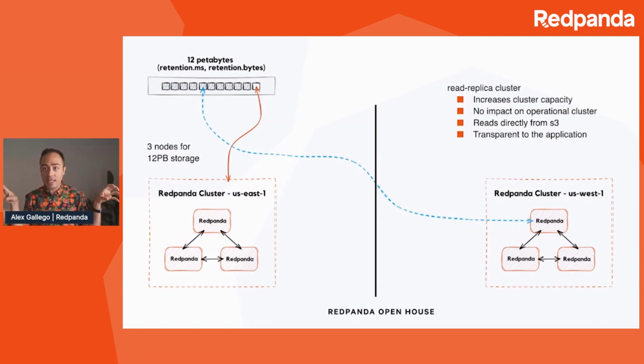This umbrella of technologies, we call shadow indexing. And the reason is that per partition we'll have an index, but we'll also have a meta index that is a sparse index that allows us to find information really fast, so that when we bring up a read replica cluster, it can simply find the information super fast.